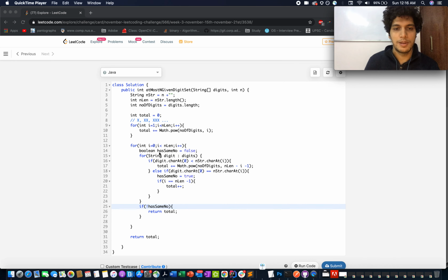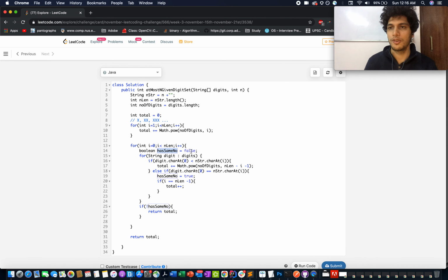I've taken a variable here, hasSameNumber, that is equal to false. We initialize it to false for every iteration of i, and while iterating through this digits array, if you don't find a similar number, that means that all the elements in the digits are less than the current nstr character that is being compared, and you have added them the appropriate number of times as per this logic, and you need to abort the process.